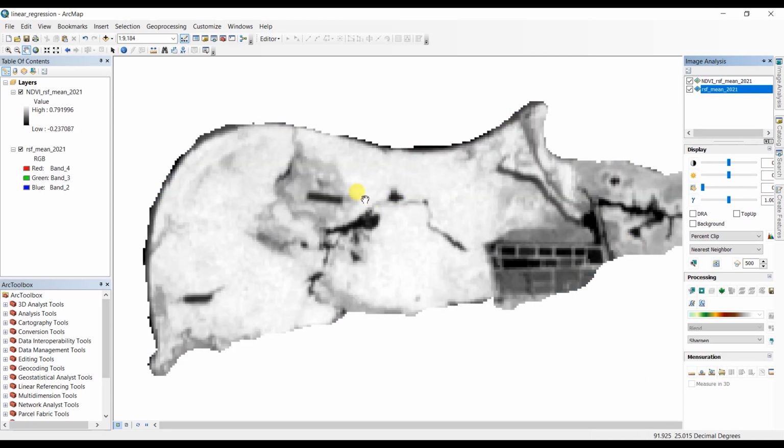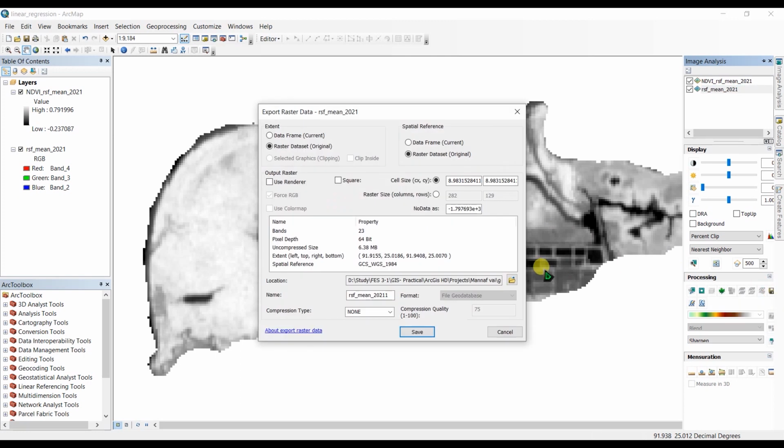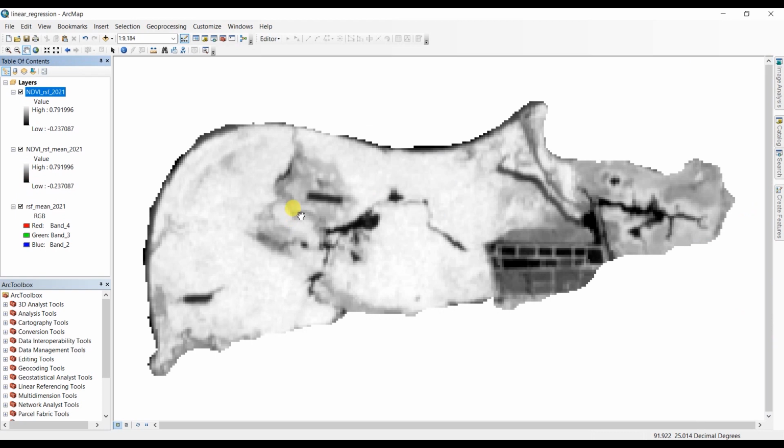Okay, so this image is a temporary image and we have to save it in our matrix. So to save this image, click here and we can select a path to save this file, and you can select a name for this image and click to save. Okay, so after you have added the layer of the NDVI image of this area, you can remove this file,